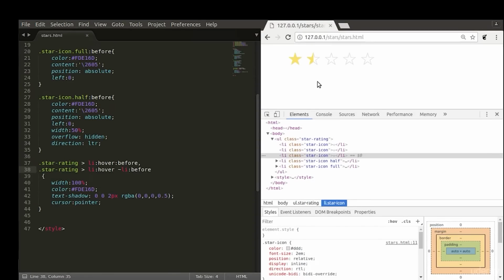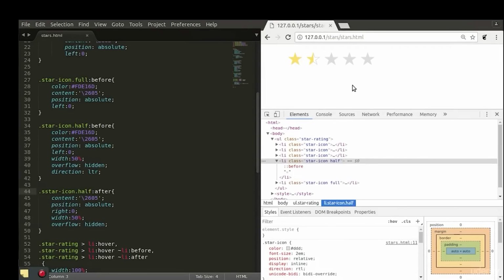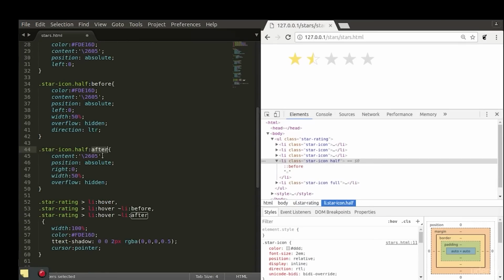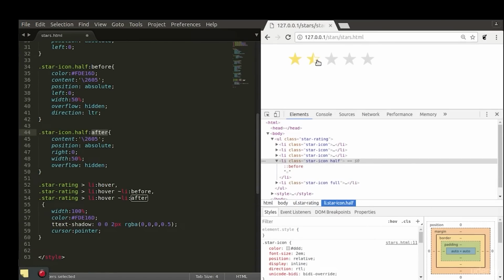That's how our initial concept is realized by reversing the order of the stars. All right, let's fix this half star, which is having a background of white instead of the gray one. We'll do this by just copying the icon half style and pasting it as the same style here, but instead of before, we use the word after, and of course, it will create the full star,